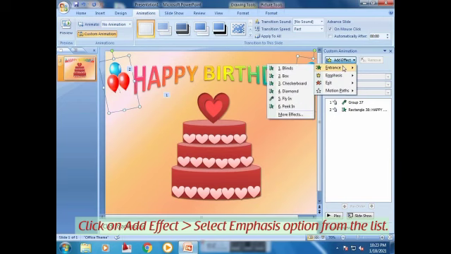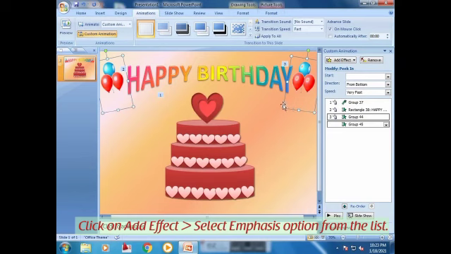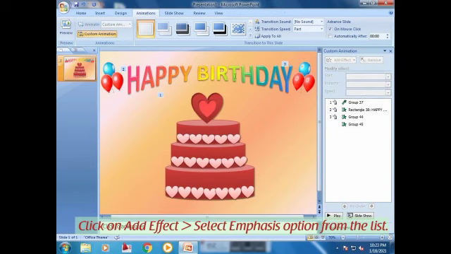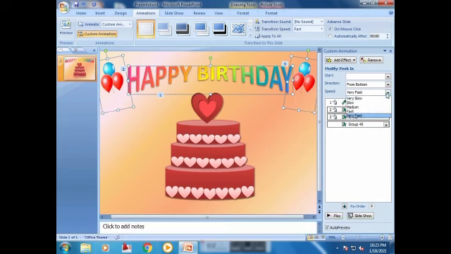You can use flying, pickup, wheel. Like this emphasis you can give from your add effect option.